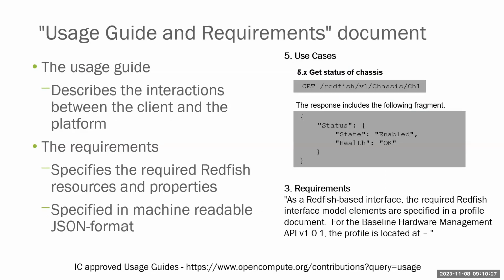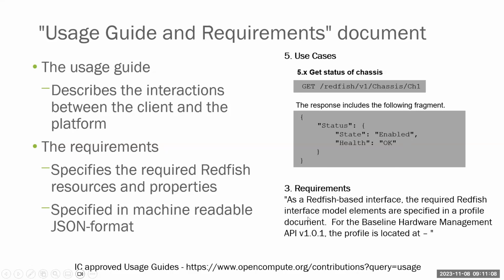Okay. So the usage guide, this is just a general structure. The general structure just tells you what the interaction is. It has a list of all these use cases or tasks, and it says, in order to do this, and each one has a reference to exactly what the interaction is. So Redfish is RESTful, so it tells you exactly what the command is that you issue, and the response that you get back to complete, for example, getting the status of the chassis. In this case, this is the fragment that gets returned.